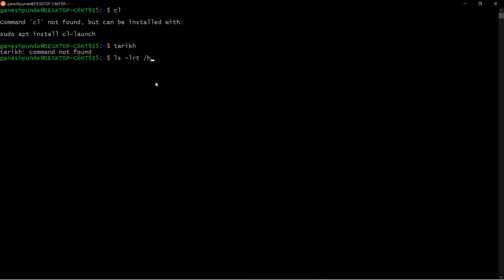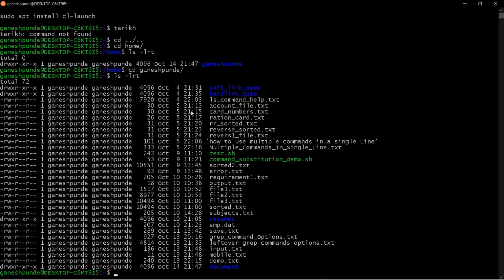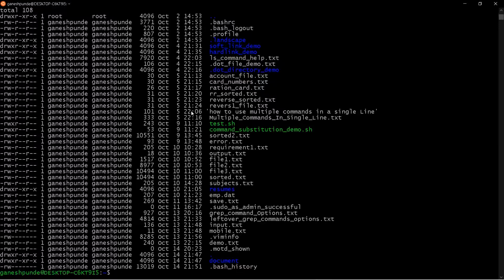Let's type ls -lrt in home, and you can see .bashrc is there.